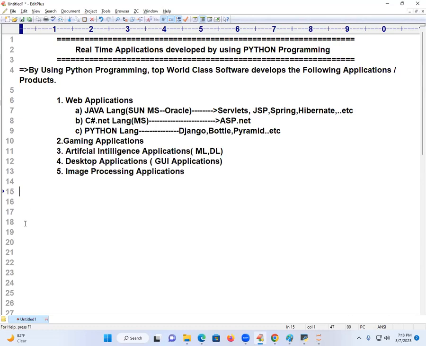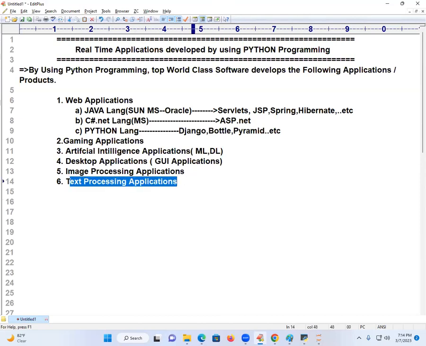Coming to the point: writing the application in Python, image processing applications. What is required? The module is there. In Python, you can do it very easily. Next, the sixth one is called what, you know? Text processing based applications. What do you mean by text processing applications?